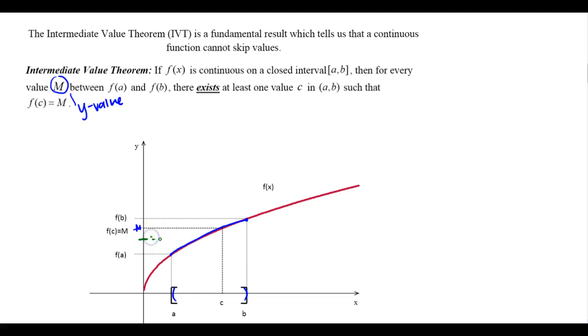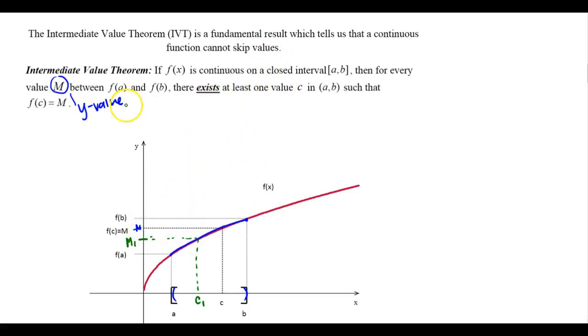So it looks like, whoops, let's go ahead and try and trace it back. There we go. It goes back to, let's say, some C1. So let's call this M1. So there's some M1 that I chose between f of a and f of b, and there was some C1 that corresponded to M1. So that's the formal statement of the intermediate value theorem, that we cannot skip around is